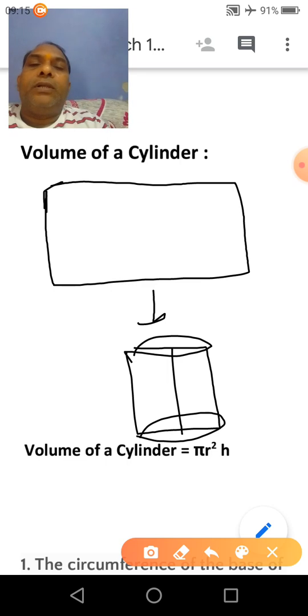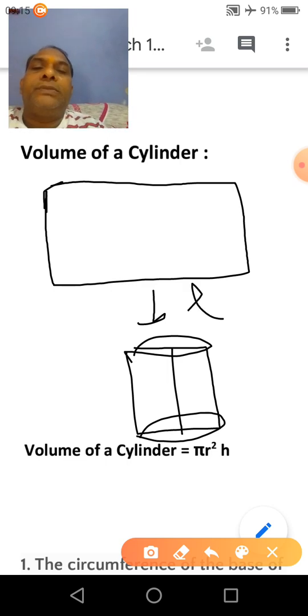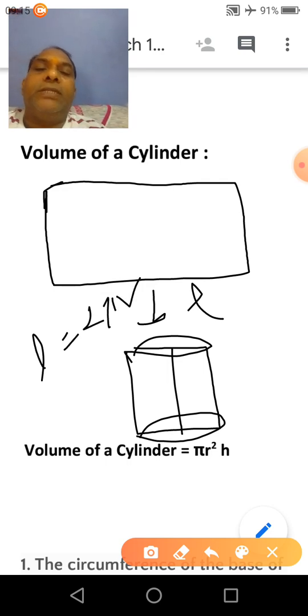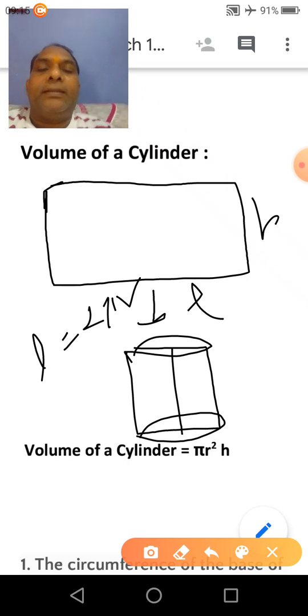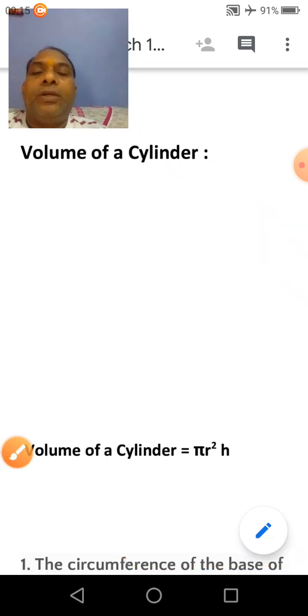If you fold it about length, then length of rectangular sheet will be circumference of the base of the cylinder. And if you fold it about breadth, then circumference of cylinder will be equal to the breadth of the rectangular sheet. Clear? So in cylinder,